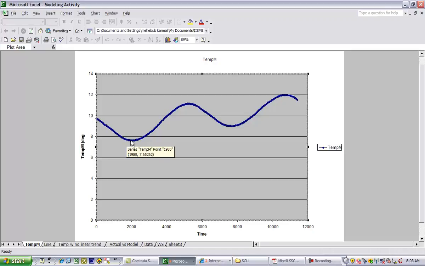And when you leave the cursor there, it'll read out two values to you, and in my case it's 1980, 7.65262. So 1980 is the time, or the x-axis, and 7.65262 is the y-axis of the temperature. Okay, so take those two numbers and record them, and open a new sheet, and we're going to call it